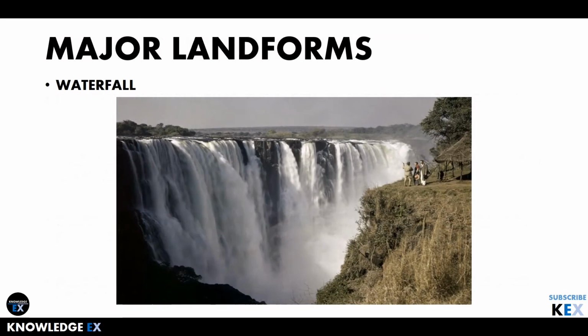Now we are going to study various landforms. First one is the waterfall. A waterfall is basically a sudden interruption over the channel of a river, where the river falls from a certain height. That structure is known as a waterfall. As you can see in the picture also, there is a sudden interruption in the channel of the river and the water is falling over a certain height. That landform produced is known as a waterfall.